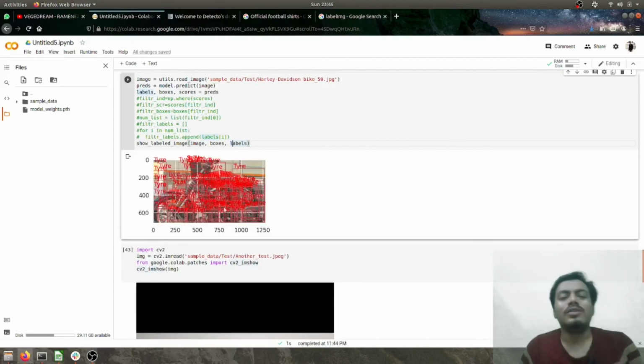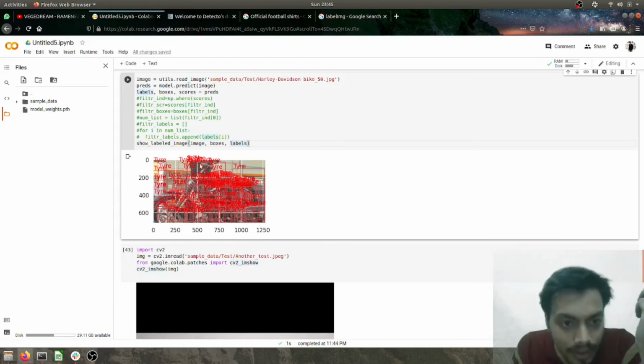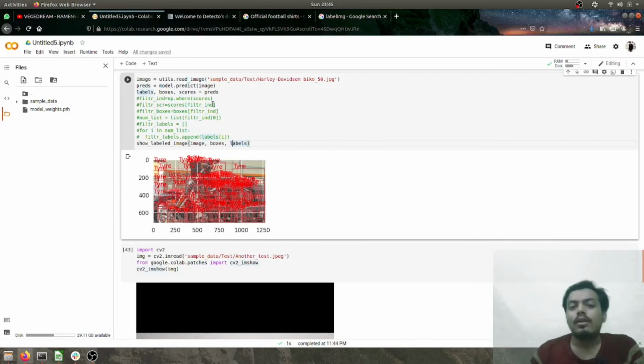Yeah, so here you can see that we have got a very cluttered output. Here you must also be seeing the engine. Engine is also being detected, but in this image it was just a tire and an engine. See, it was only half visible, so it was not expected to be detected, but the engine was being detected. Now what I did was I played with the thresholding manually, and with trial and error I got a threshold of 0.155 for this model to give me a good output of tire.